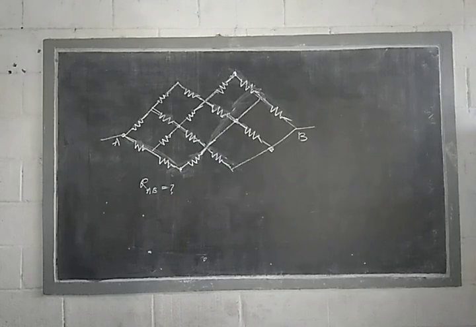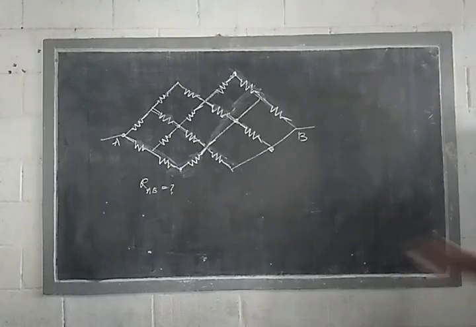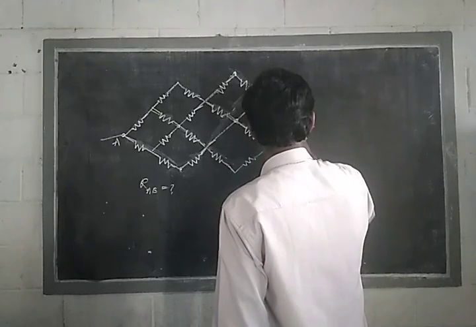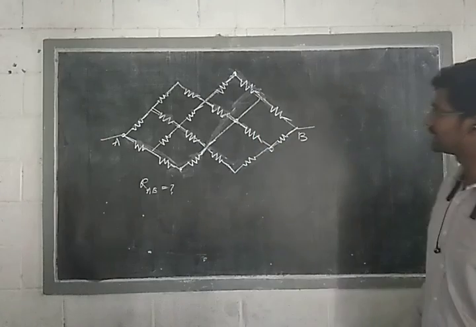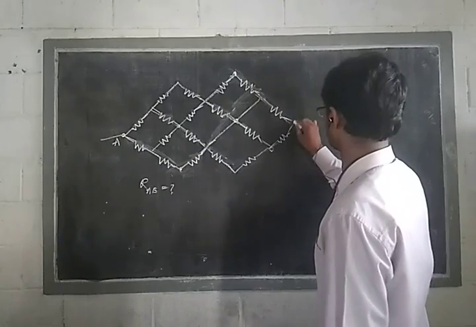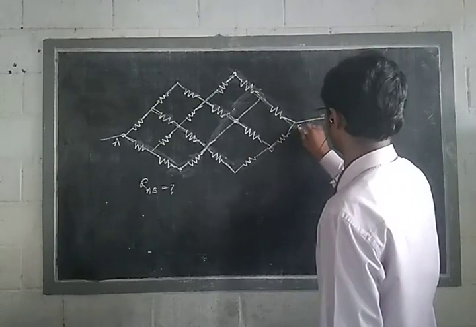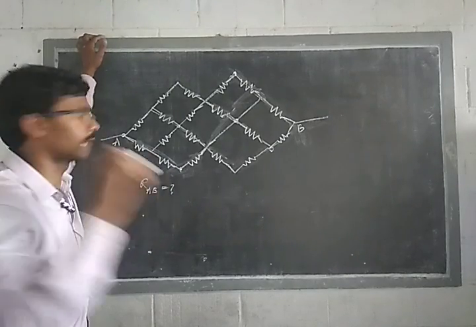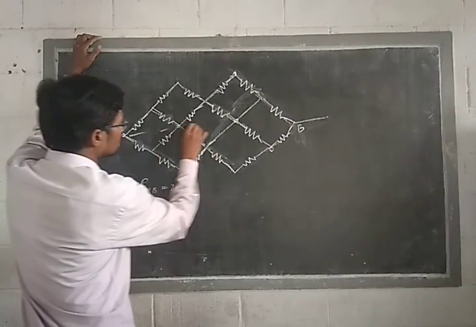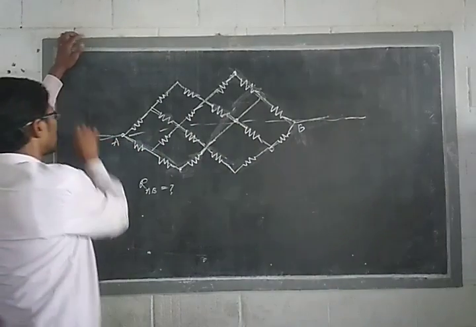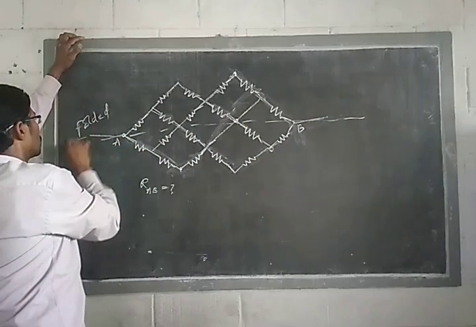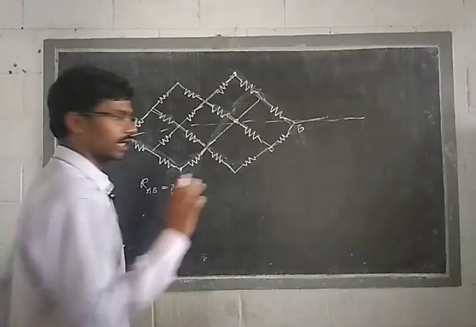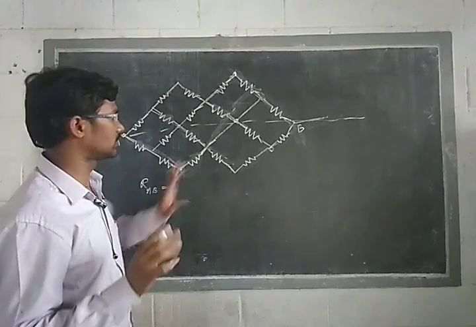Now please calculate the resistance between A and B. We have resistors here also. Now what type of symmetry is it? We have to draw the circuit in the same manner, A and B. If I draw the axis along the points joining A and B, it is folded symmetry. Just do it in a simple manner.